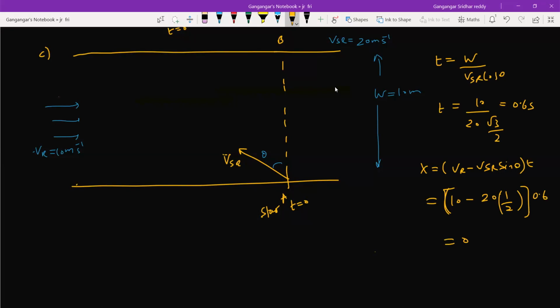What do you mean by that? The river current will push him in such a way that he will reach exactly here. This is the end point. So here the drift is 0. You ask the swimmer where he is heading. He says that I'm heading somewhere here. But where do you reach? Exactly on the opposite point. Shall we call this the shortest path?